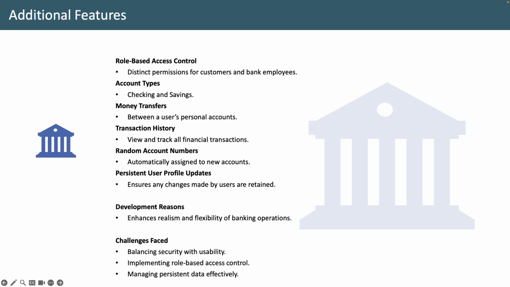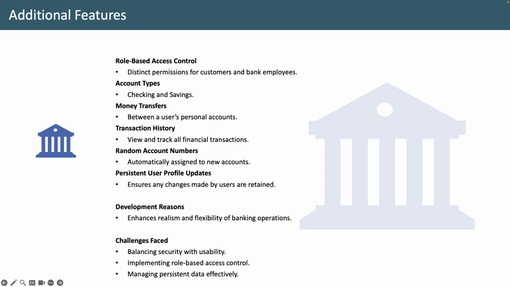One of the biggest challenges was ensuring that both authentication and authorization systems were both secure and user-friendly. Balancing security with ease of use required careful consideration and testing. Additionally, implementing the role-based access control and ensuring that persistent user data was handled correctly presented challenges in terms of design and data management. These challenges required extensive refactoring to ensure that the features worked seamlessly within the overall